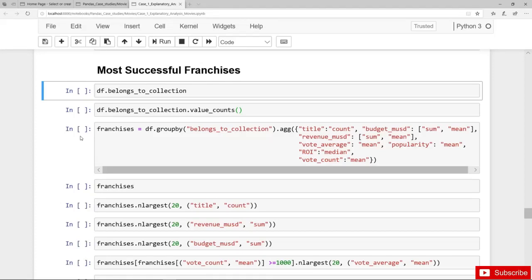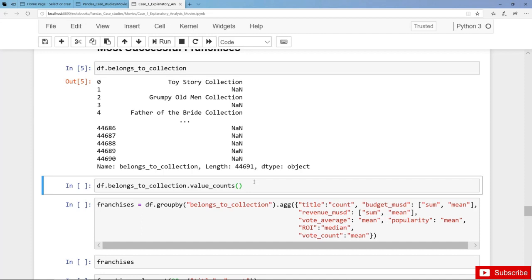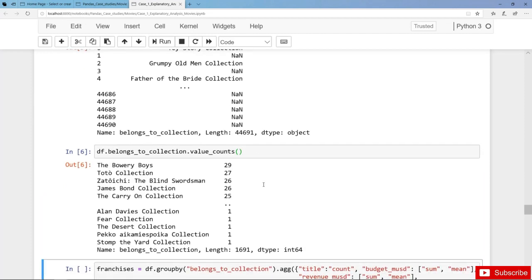In the last video, we learned that franchise movies are more successful than standalone movies. And in this lecture, we're going to compare franchises and try to find the most successful ones. So again, let's have a look at the column belongs to collection. And we can also count the number of movies in our collections with the value counts method. So for instance, we have 29 movies in the collection The Bovary Boys and 26 James Bond movies and so